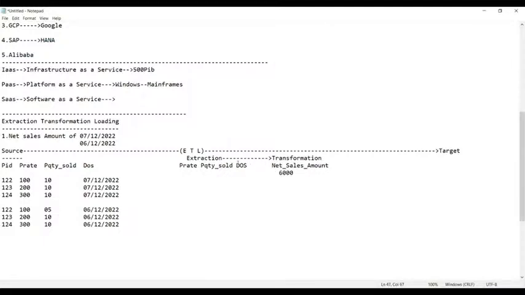Now, date of sales. Can you see here? Date of sales is also required. So I'm adding one more column here. Can you see here? Date of sales. What's the date of sales? You have it. So date of sales is 7/12/2022. So just paste it here. Can you see here? Now, you have found out the net sales amount of the 7th day of December 2022, which is 6000 rupees.